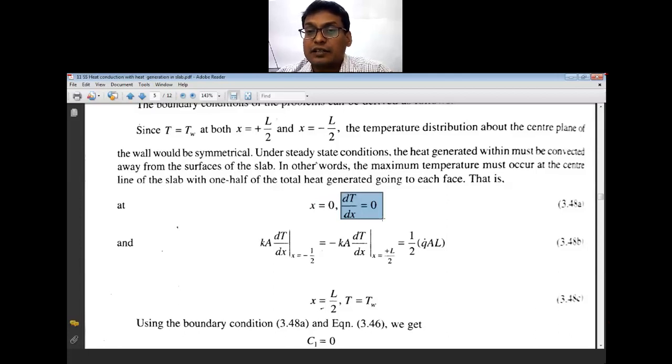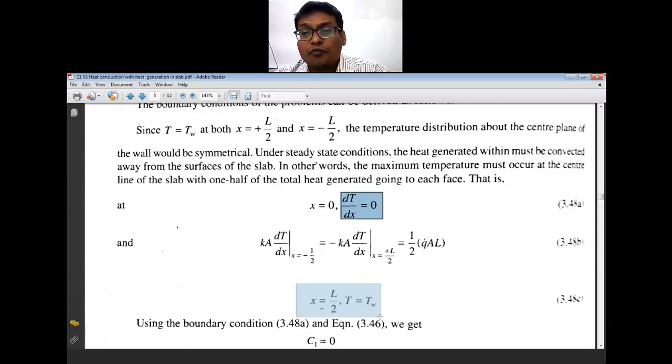At the center, there is a heat source that supplies a constant heat. So the change at a distance x equal to 0 is fixed, and there is no variation in distance. That is, the change in temperature with respect to distance becomes equal to 0 at x equal to 0.